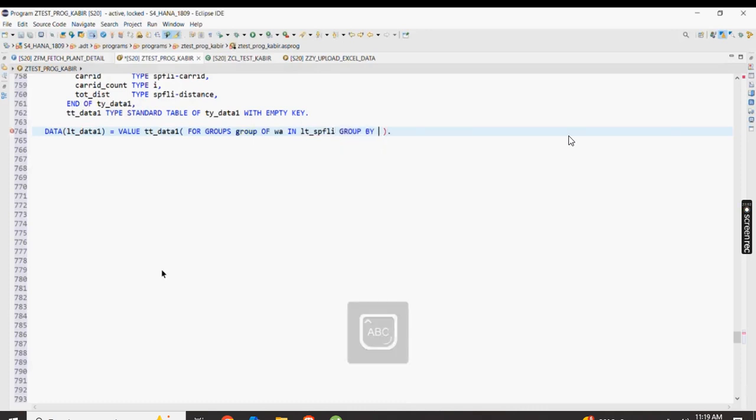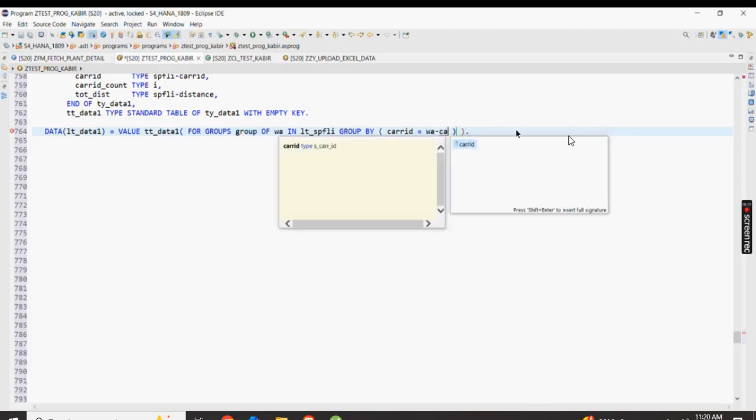Then group by, what do we group by? Char ID equals to WA char ID